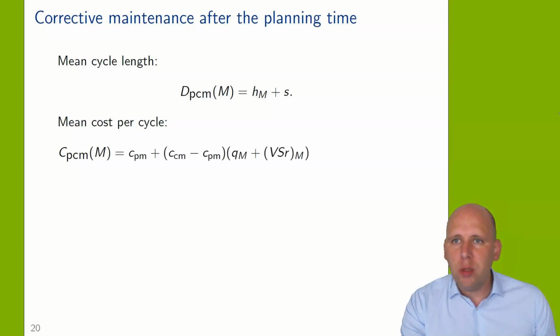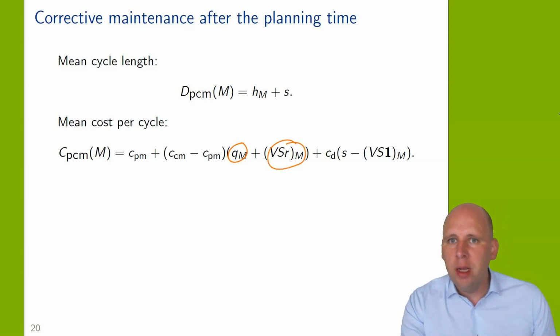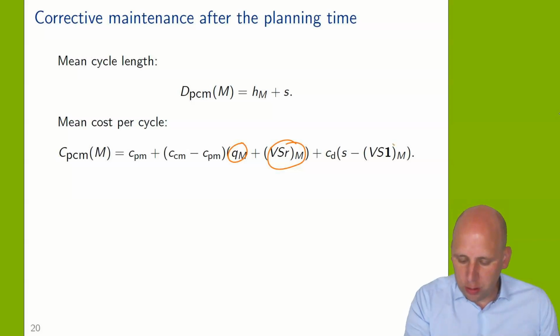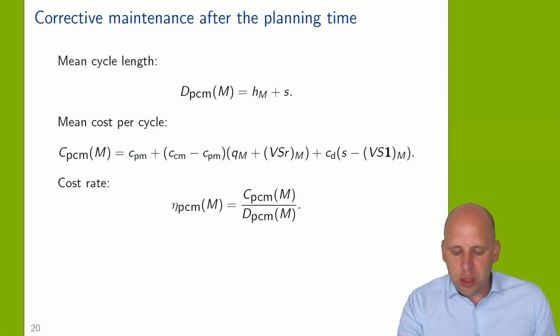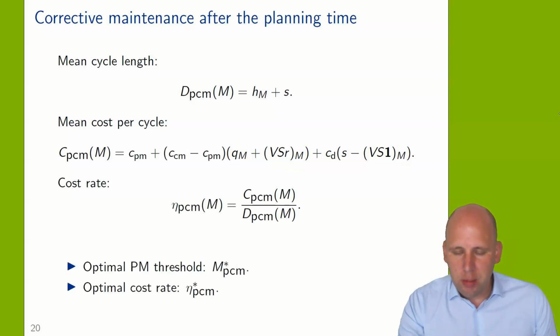We can say that we always pay the preventive maintenance cost plus the difference between the two costs multiplied by the probability of failure. And that can be a sudden failure, but it can also be a failure during the planning time. And then we also add the downtime cost. So it's the expected time that the unit is functioning during the planning time, and then S minus that is the expected downtime. The cost rate will be the ratio of the two, the fraction,